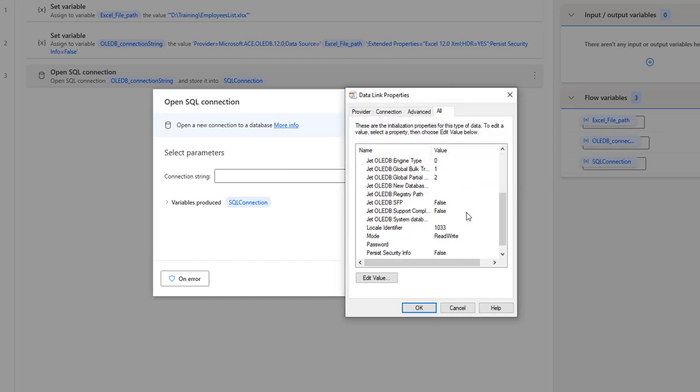And along with that, there you can see I want to provide persist security info, right? If it is true, in our Windows, it will store the password. If it is false, then it won't store the passwords over here. Now, by default, I'm going to provide persist security info as false, and then I'm going to click on